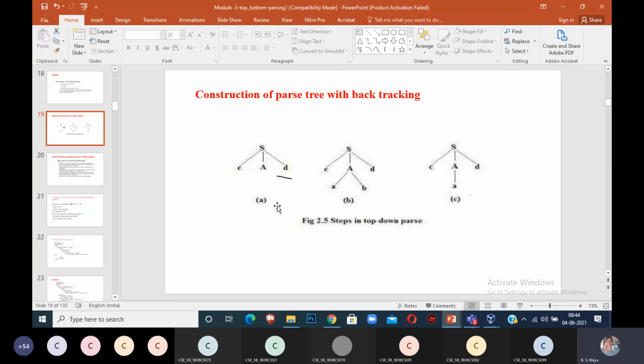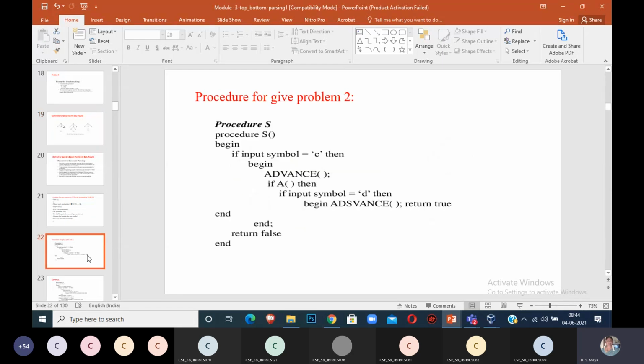You come to capital A. Capital A is a non-terminal. When it is a non-terminal, I have to call the procedure for A. After A, it will go to the A procedure. I will write the A procedure in the next line.